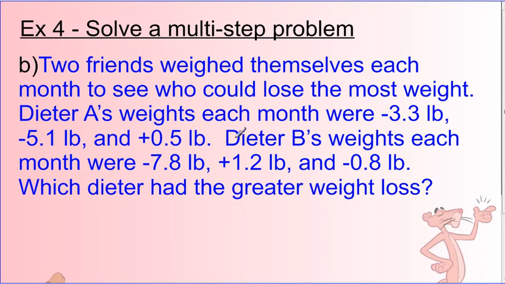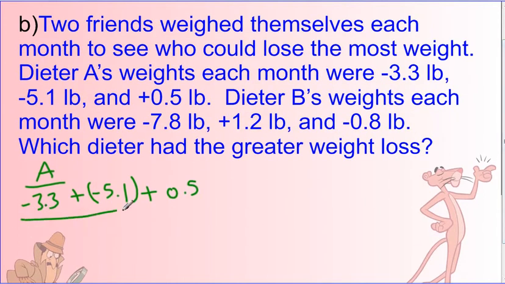Okay, so for dieter A, we had negative 3.3 plus a negative 5.1 plus a 0.5. And we want to add these together. So let's add these together first. The signs are the same, so I'm adding my negatives together. I get a negative